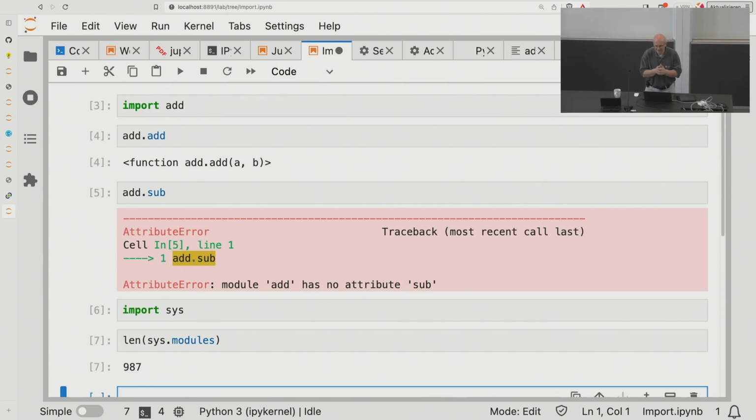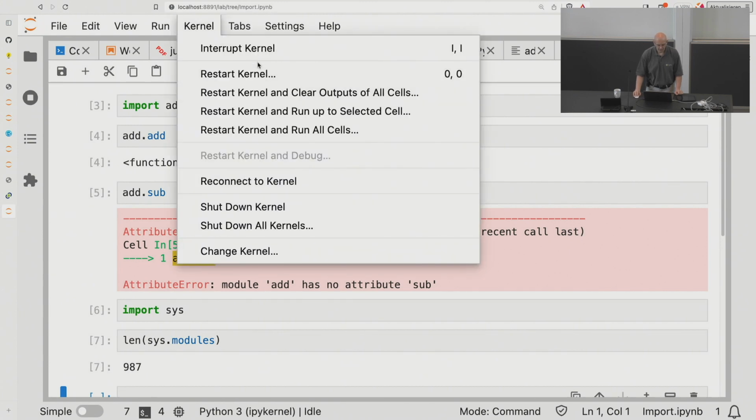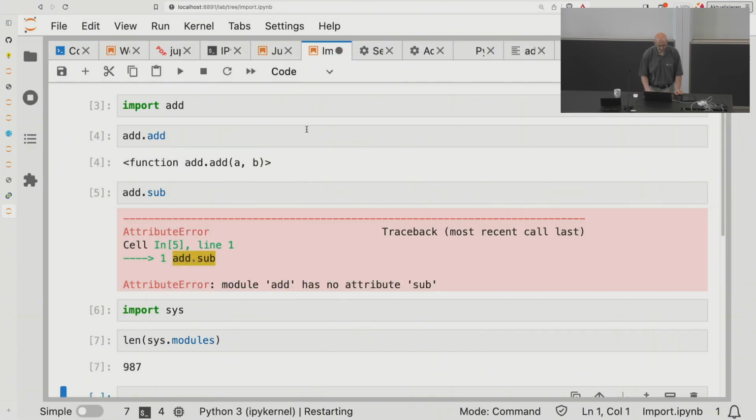So I'm in a running Python process. Typically, you don't change source code in a running process. Here we do. So one solution would be kernel restart and run all cells, and then